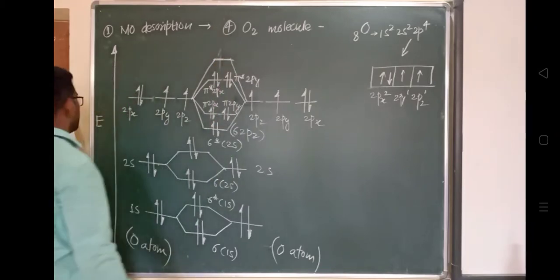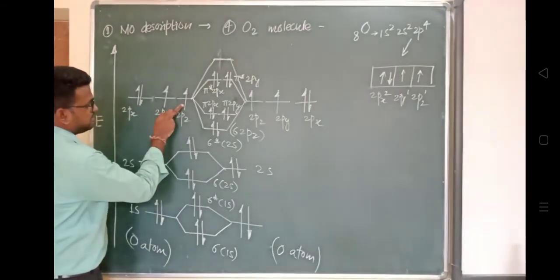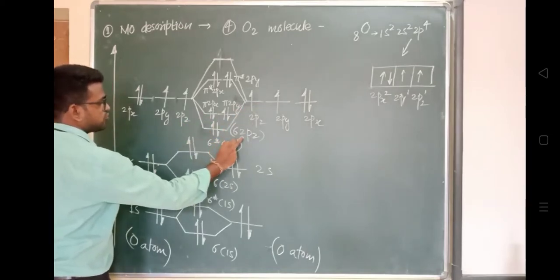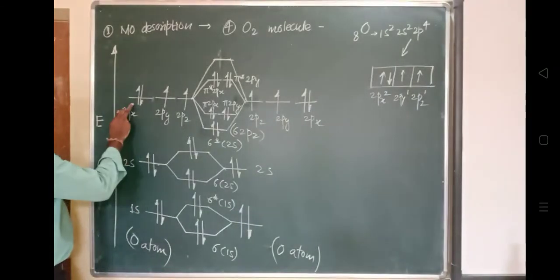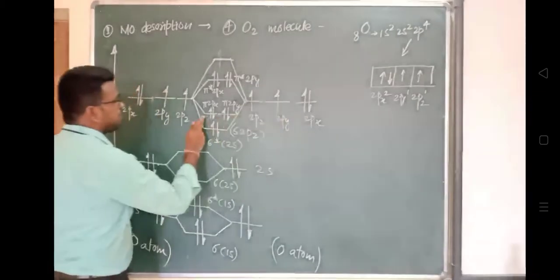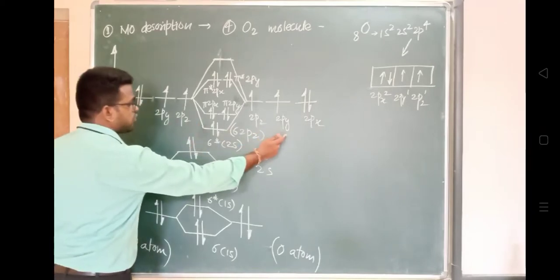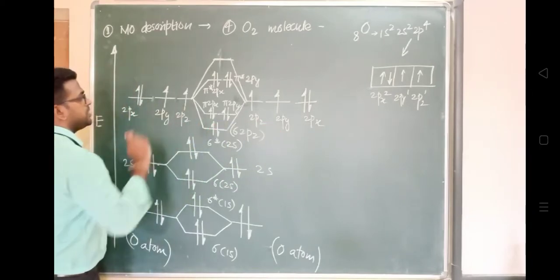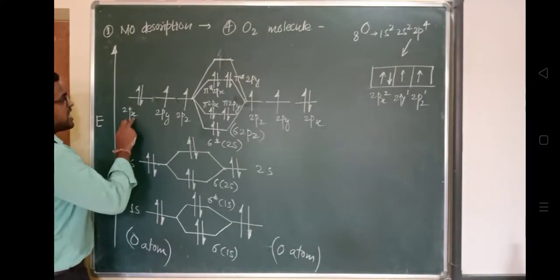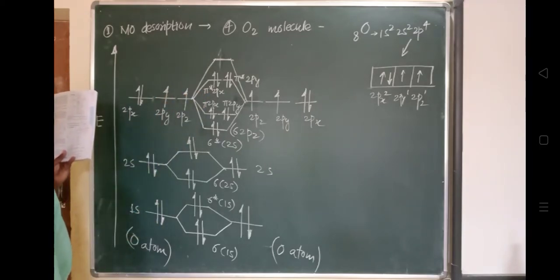over here, because you look here, one electron of this atom from the z orbital and one electron from this z orbital will get combined and form a sigma 2pz. One electron from this x orbital on the left side and from this x orbital will form a pi 2px. One electron of this 2py orbital and one from this oxygen atom's 2py orbital form pi 2py, and here one electron is remaining for the x orbital that will form a pi star 2px, that is an anti-bonding molecular orbital.